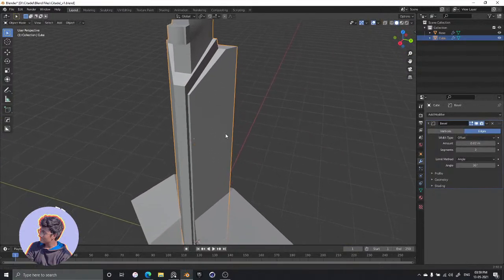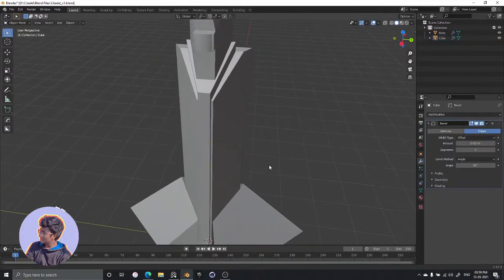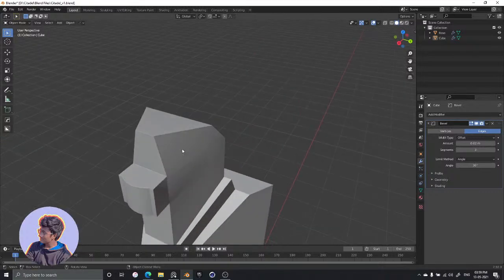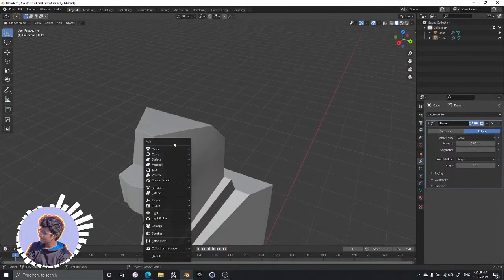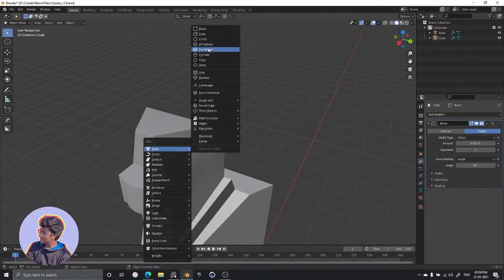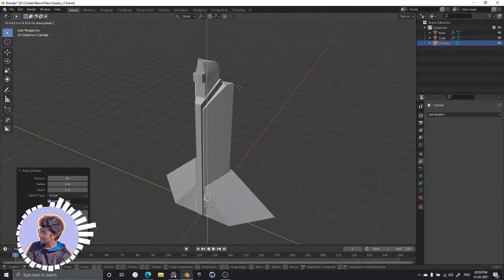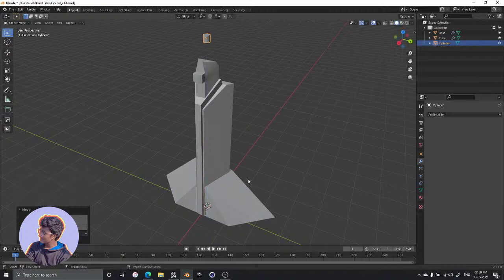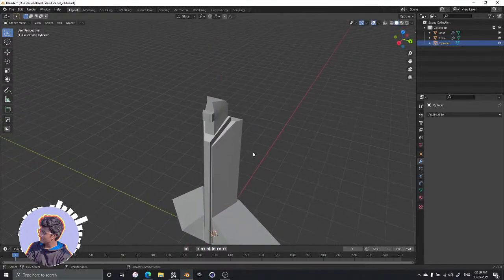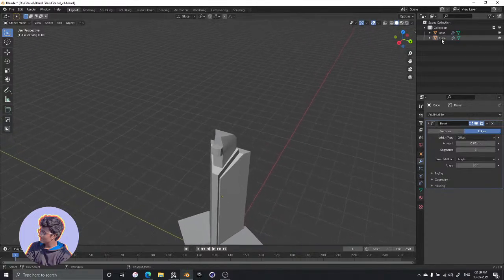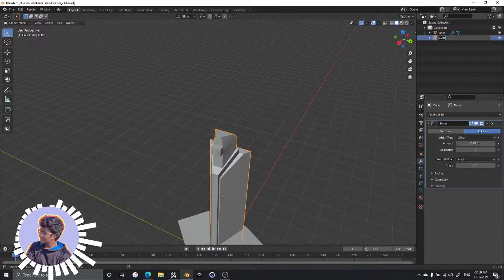Alright, let's start by actually getting the antenna. Antenna, super simple, mesh, cylinder. Get it over here. Before we actually do that, let's rename this into tower